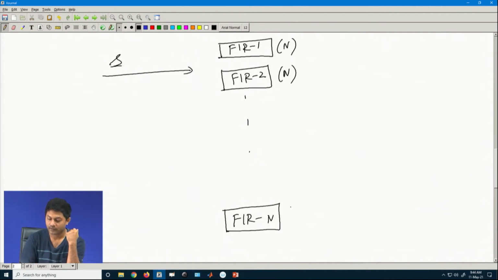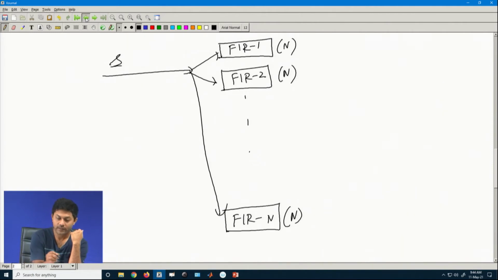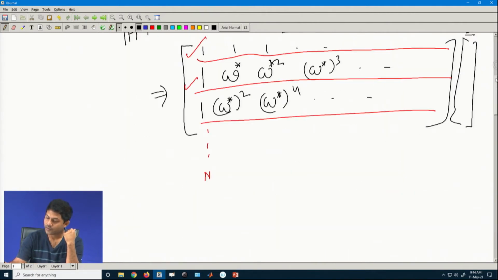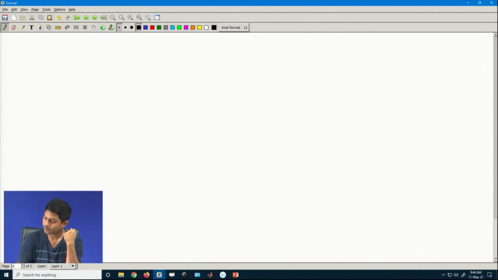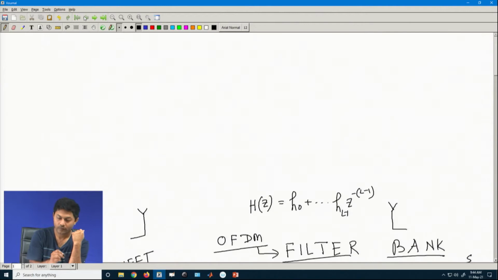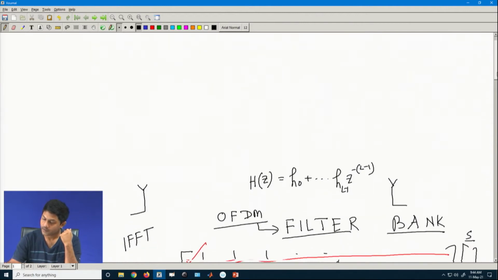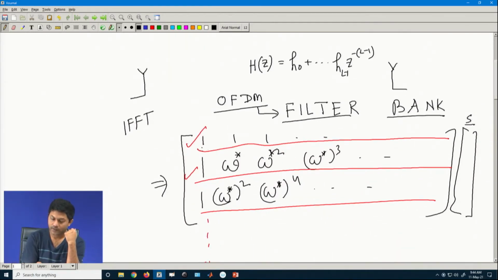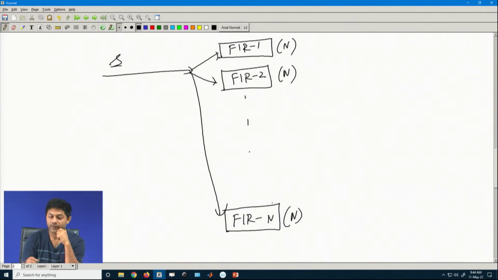The data goes everywhere, and that is precisely why the matrix multiplication also shows the same thing. Here it shows precisely the same thing. This is the first filter, there is a second filter whose coefficients are written as I have written here, and a third filter and so on. These are the coefficients. Like that there will be n filters, and finally you just merge them all together.